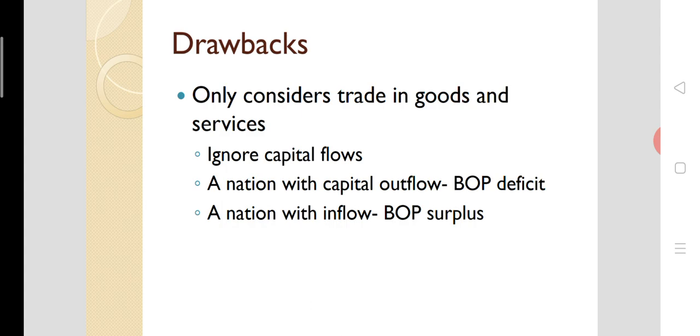So let's look at a couple of major drawbacks for the purchasing power parity theory. One is that the purchasing power parity theory completely ignored the capital flows. It only includes the trade in goods and services, and it doesn't include capital flows, investment, foreign investment. And in fact, foreign investment has been playing a major role in influencing the exchange rate. Demand and supply of exchange rate would be affected by the capital flows, but this is not considered by the purchasing power parity theory.